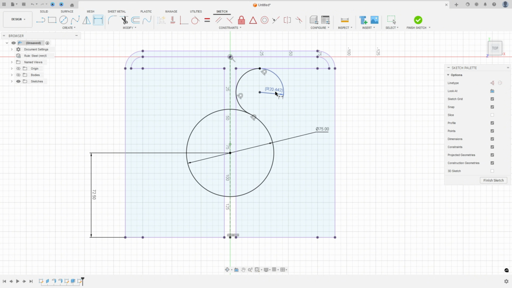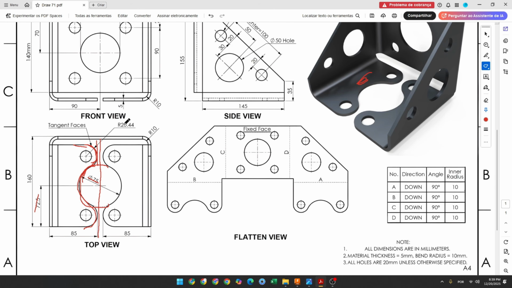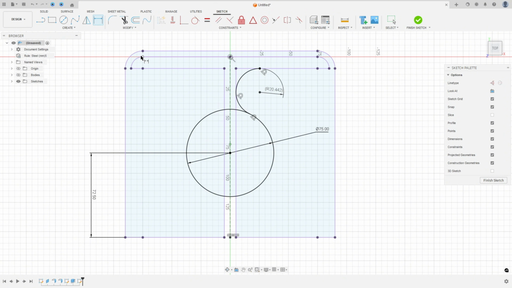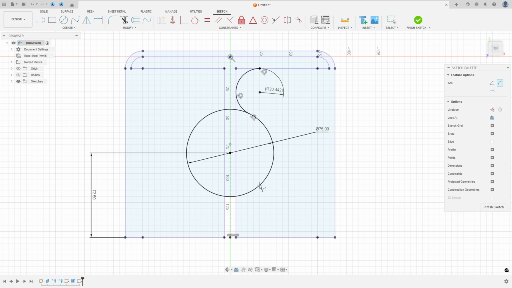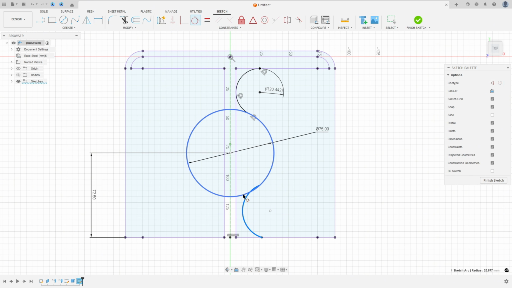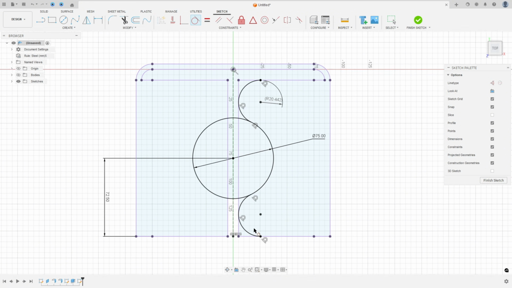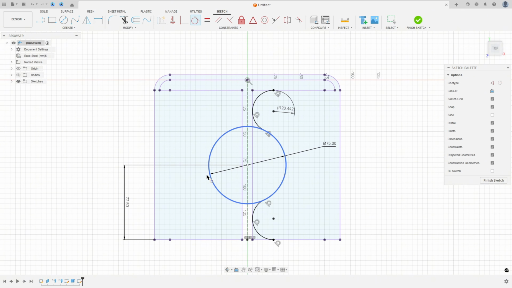20 millimeters, 0.44. The same here. So let's create one more here. So go to create, select the arc, 3-point arc, make an arc here. Go to tangent. We made this. And here, go to create, select mirror, select this arc and this arc, the mirror line, select